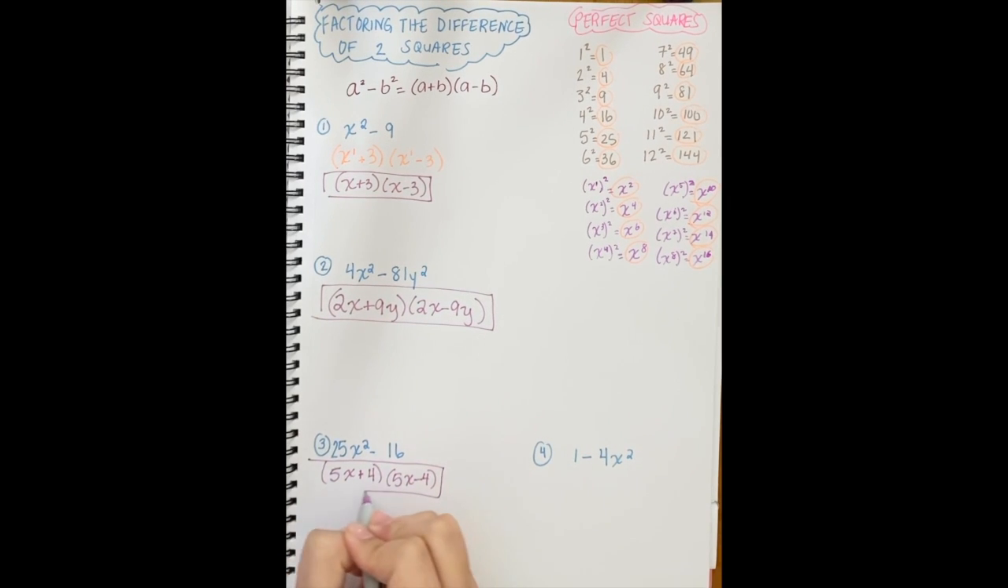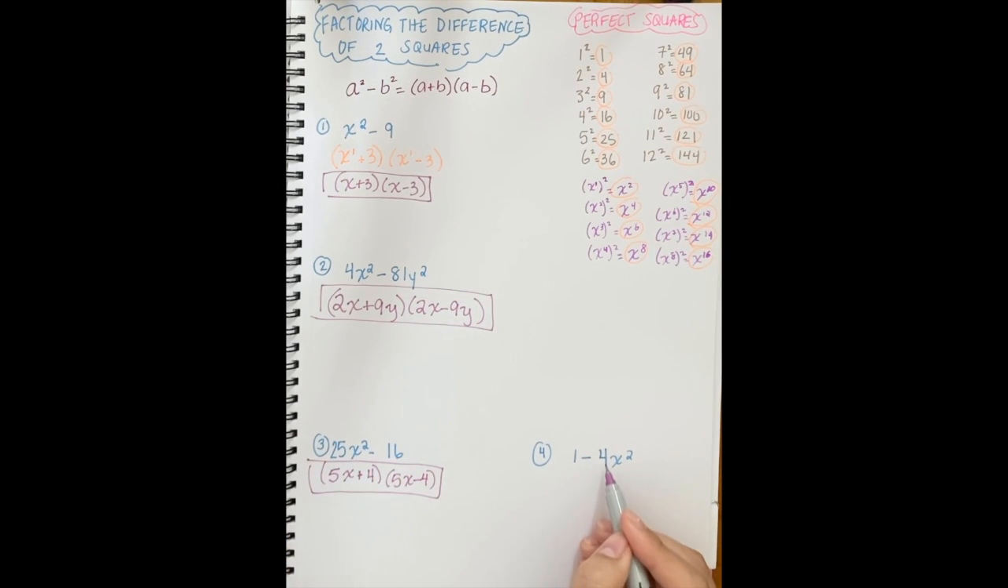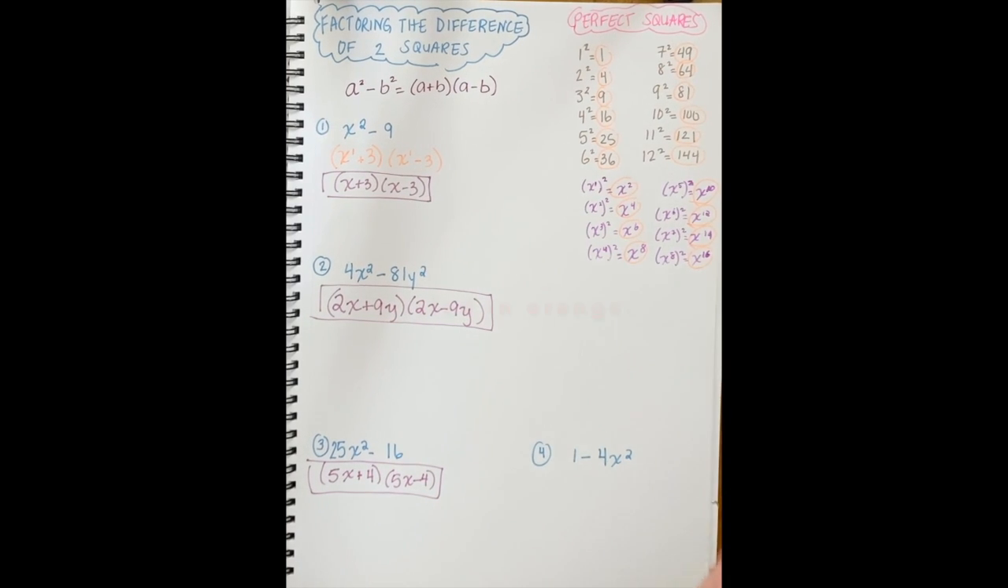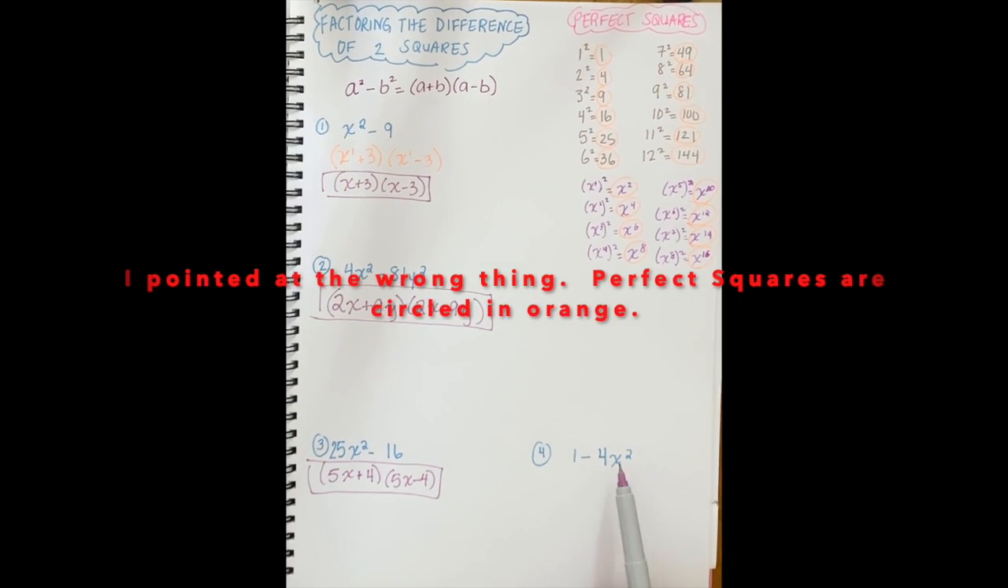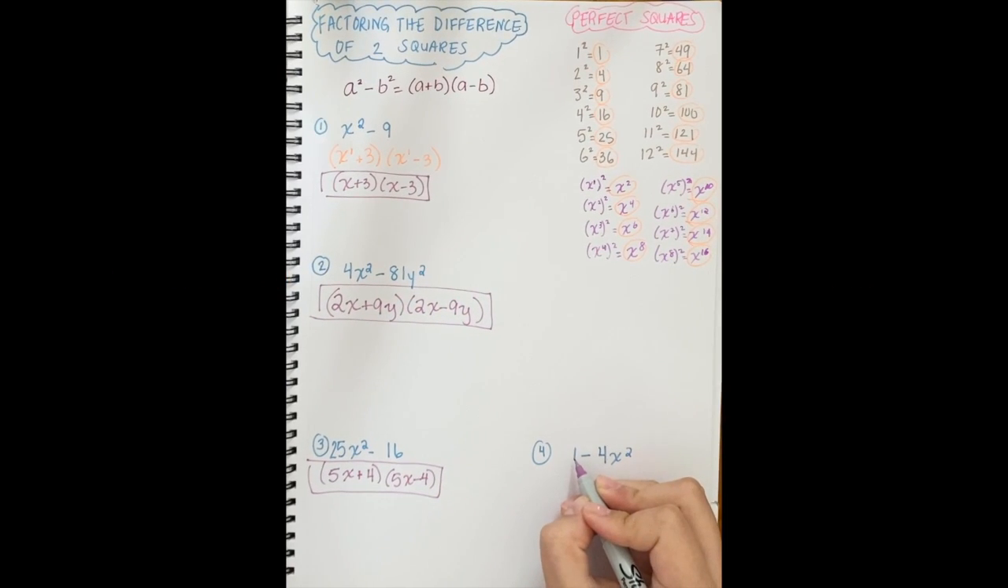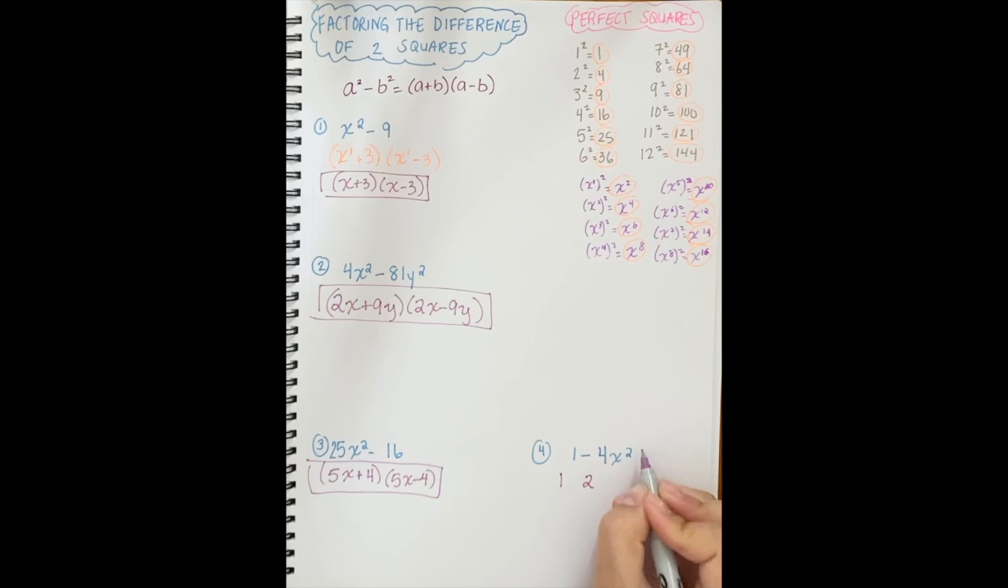You see, we're getting to it a lot faster. 1 and 4x squared. 1 is a perfect square. It's right here. 4 is a perfect square. It's right here. And x squared is a perfect square because it's an even exponent. What times itself is 1? 1. What times itself is 4? 2. What times itself is x squared? x. One plus,